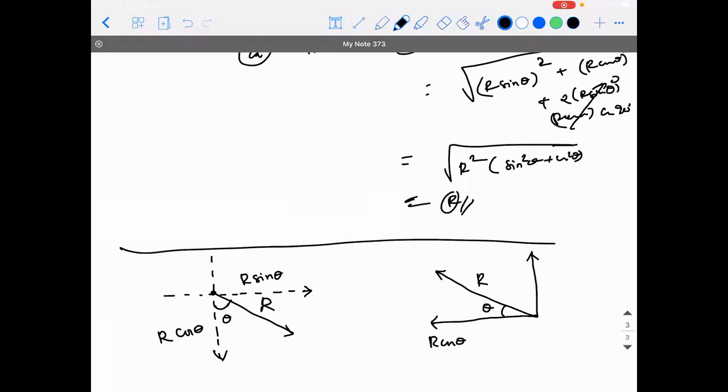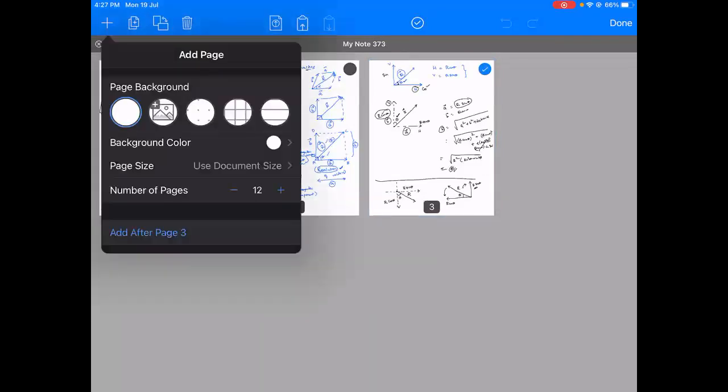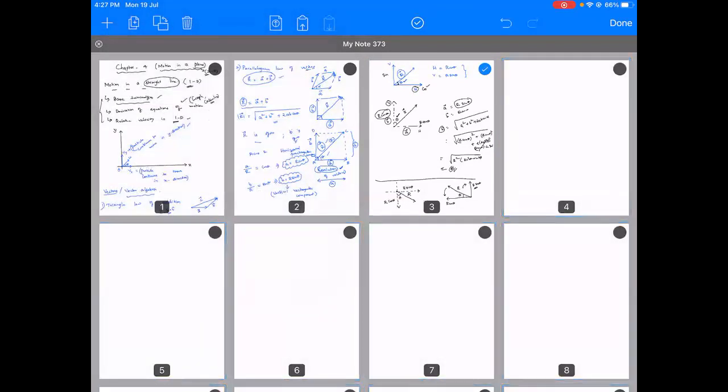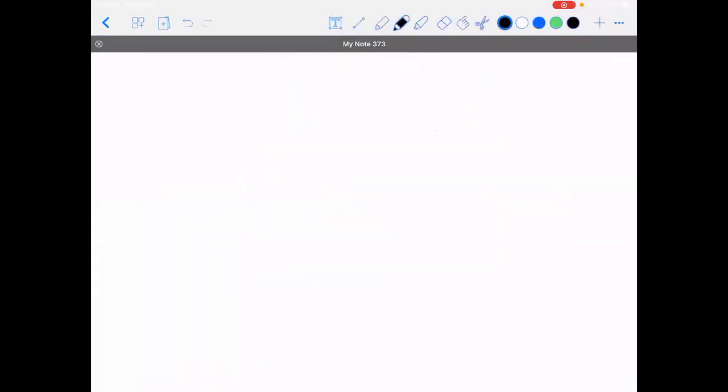Okay. So to put it in simple terms, one of the components will be in the anti-clockwise direction, the other component will be in the clockwise direction. So R cos theta was on the anti-clockwise and R sin theta is on the clockwise. That's it. I hope this point is clear, right? Now, based on all this knowledge that we have gathered till now from the resolution of vectors concept, shall I start the concept of motion of an object in 2 dimensions?